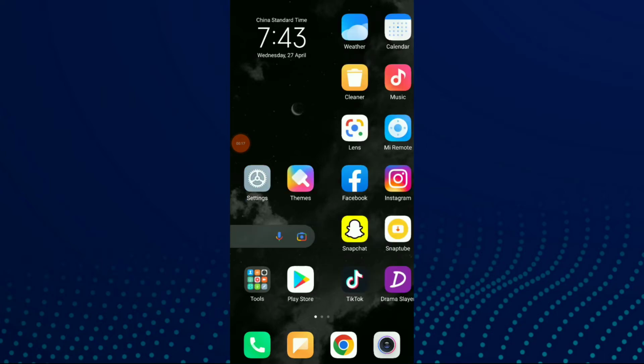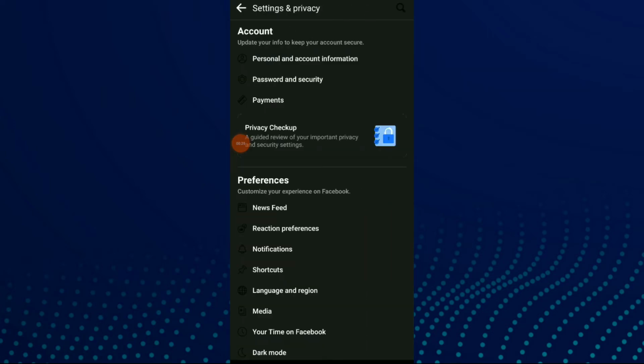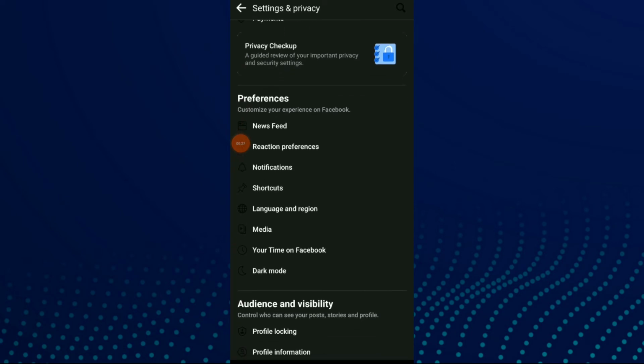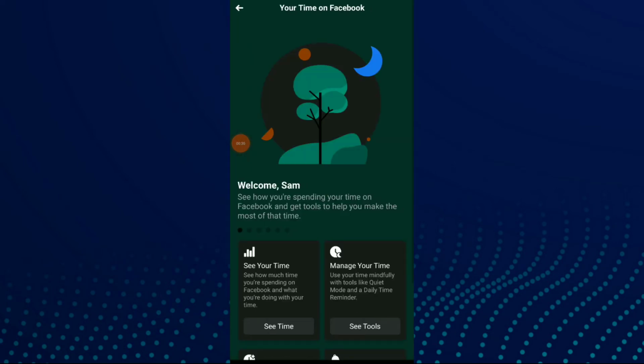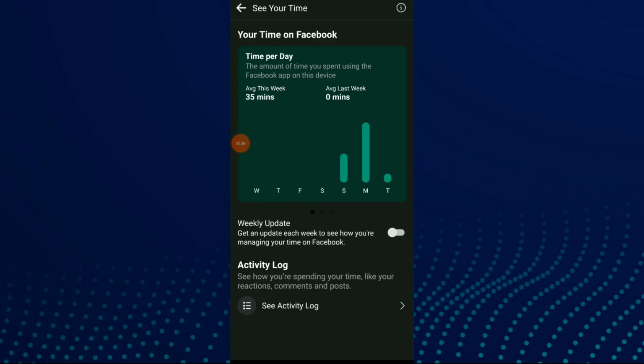First thing, go to your Facebook and now click on those three lines up there to get to this page, and click on the settings icon beside the search icon. Now all you need to do is scroll down and click on Your Time on Facebook, and you will see your time, to see how much time you are spending on Facebook and what you are doing with your time. Click on See Time, and here you have